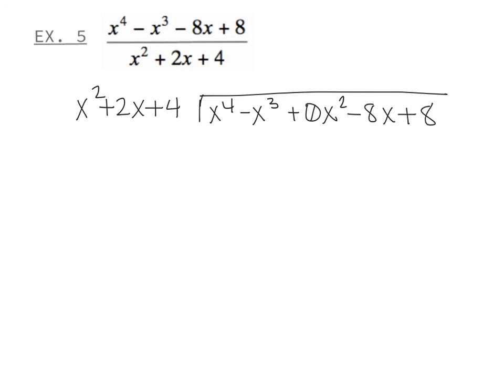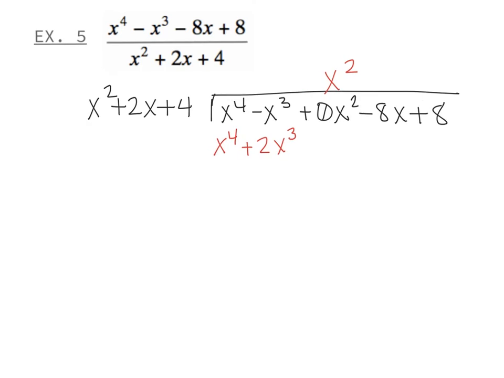So now when I'm dividing, I need to make sure that I'm doing the 3 terms. So what do I need from the x squared to become an x to the 4th is an x squared. So I need 2 multiplied by an x squared, and I always put them on top of whatever is the term that I'm doing. So I have x squared times x squared gives me x to the 4th. X squared times 2x gives me positive 2x cubed. X squared times 4 gives